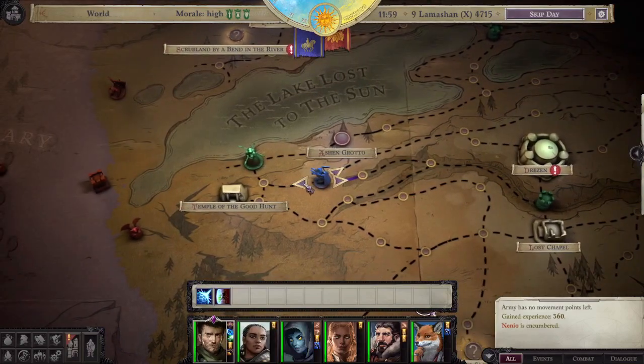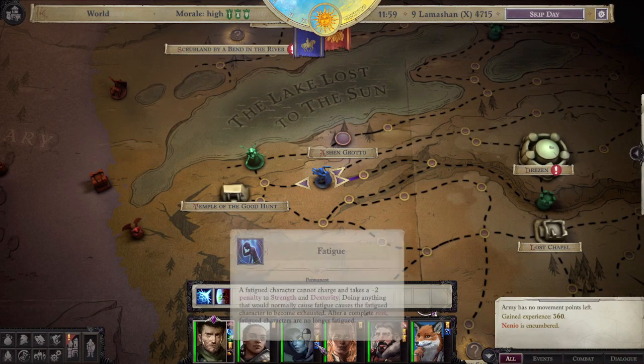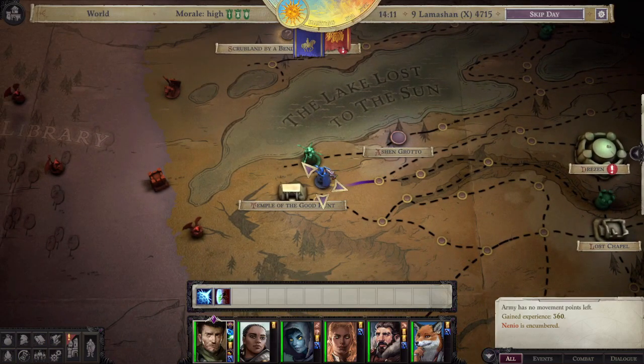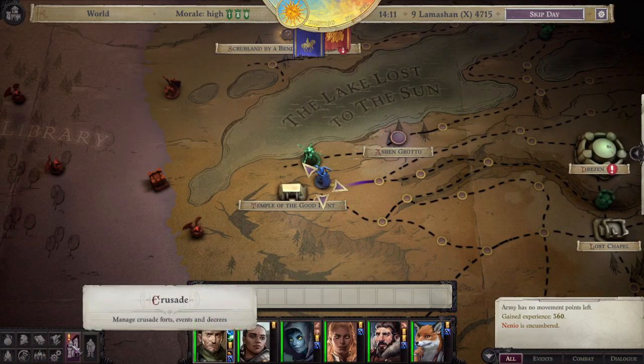So yeah, we'll move our party up here. We're not bound by movement points, but as you can see here, we'll eventually develop fatigue as we proceed. Eventually, the game will kind of force you to break camp. We'll go ahead and do that now. But first...